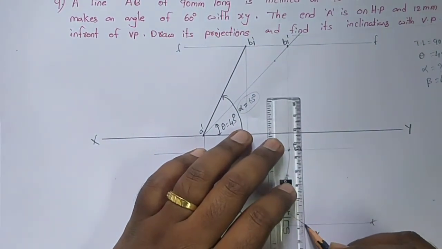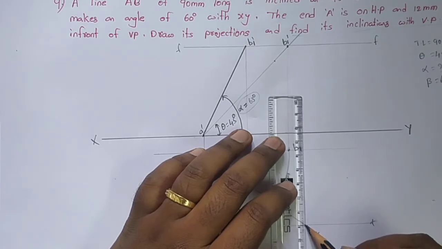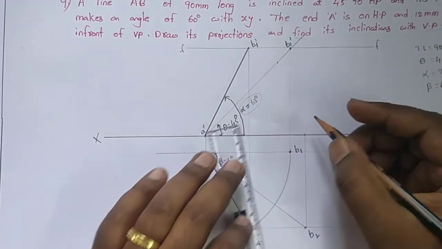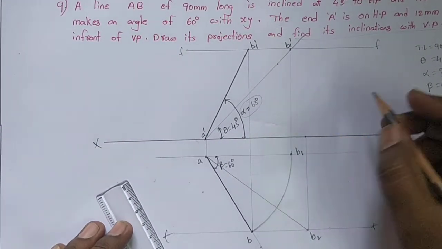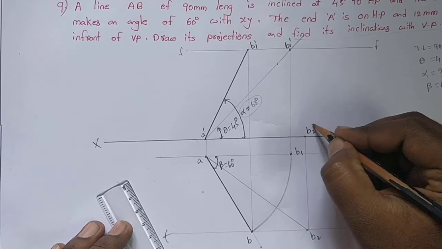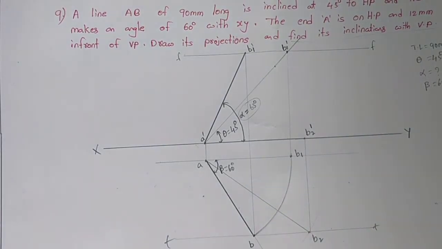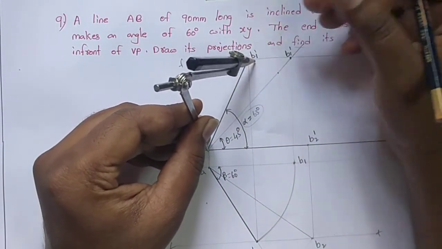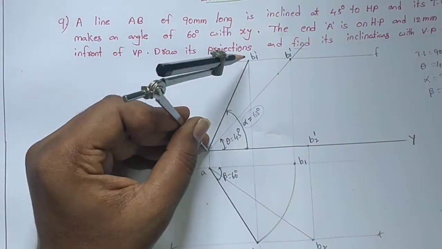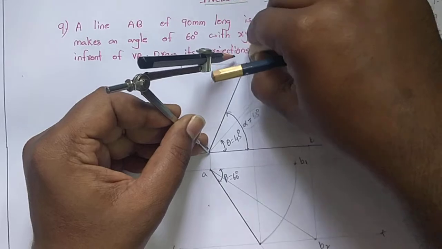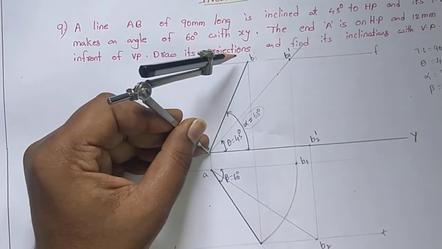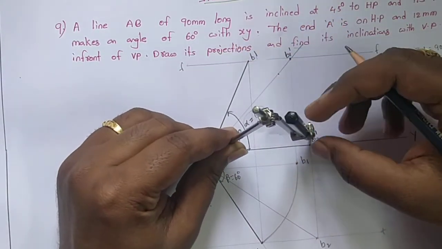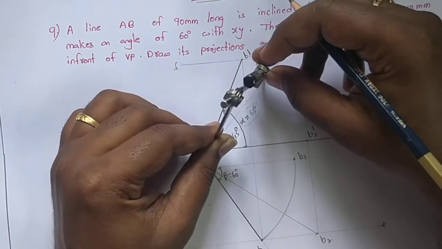Next, draw one vertical line. It will intersect the locus of A dash at one point. That point represents B2 dash. Here, this length A dash B dash, sorry, A dash B dash. This one is B dash. A dash B dash and A B2 are the same radius.